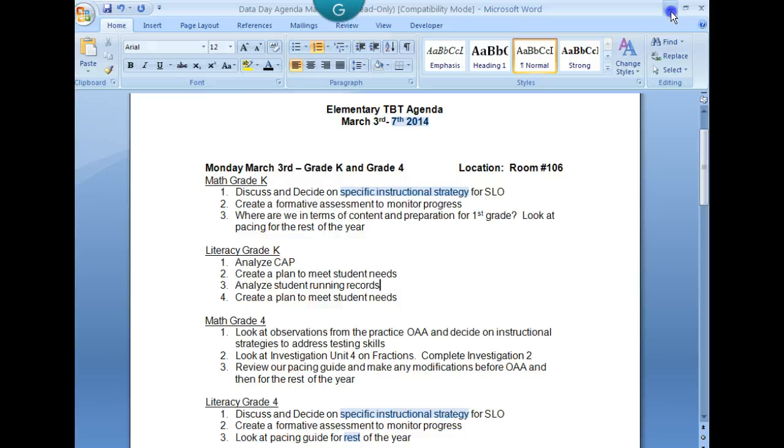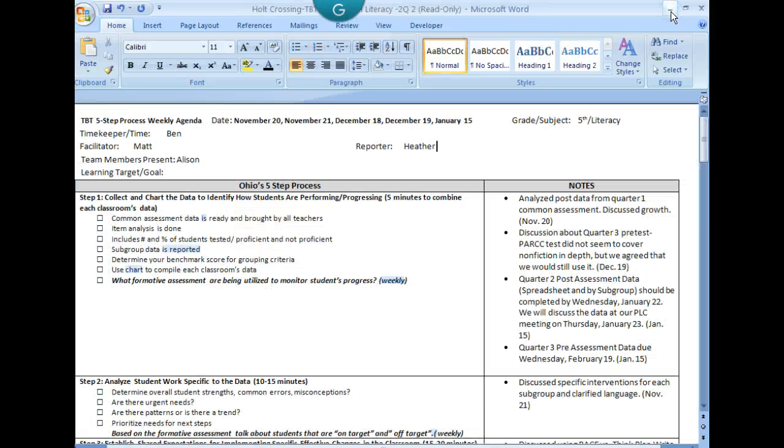The next thing you need to do is make sure that we are following the agenda. Following the agenda includes a crucial piece. As you look at this TBT in an intermediate building, my recommendation, like this building is doing, is to utilize this document for a grading period or quarter. So as they are working throughout the 3 to 4 to 9 weeks, they are utilizing each step and adding